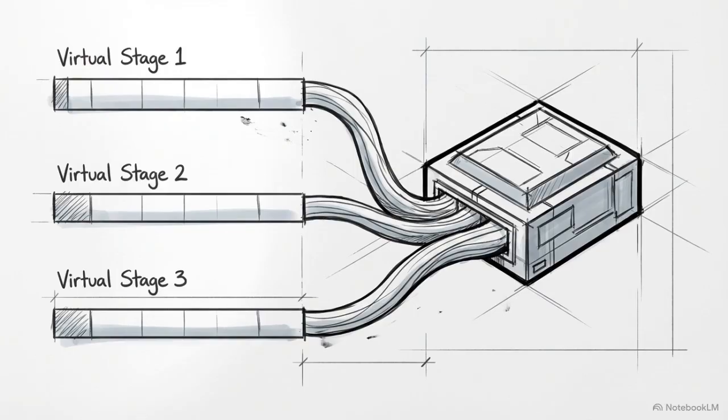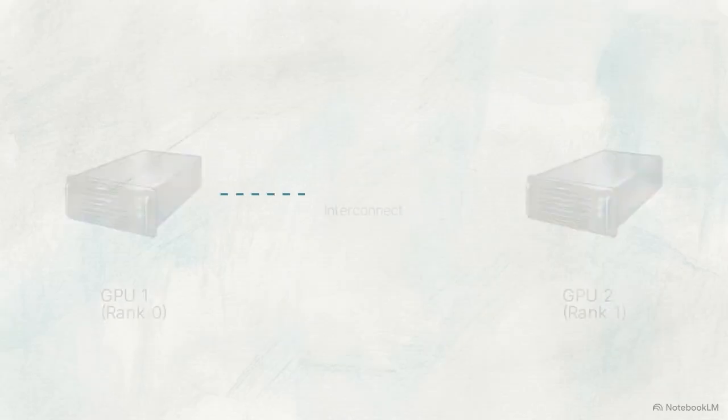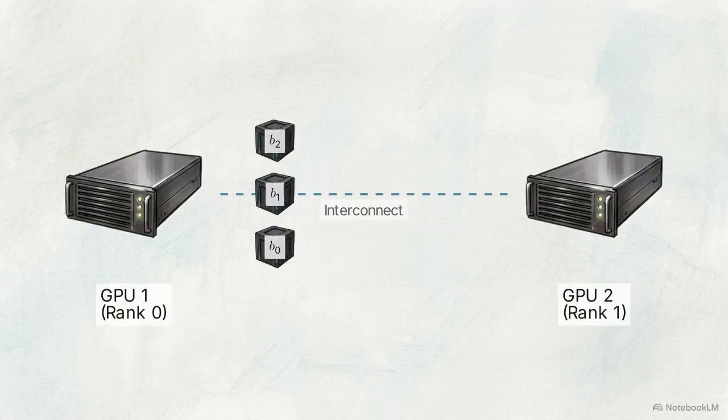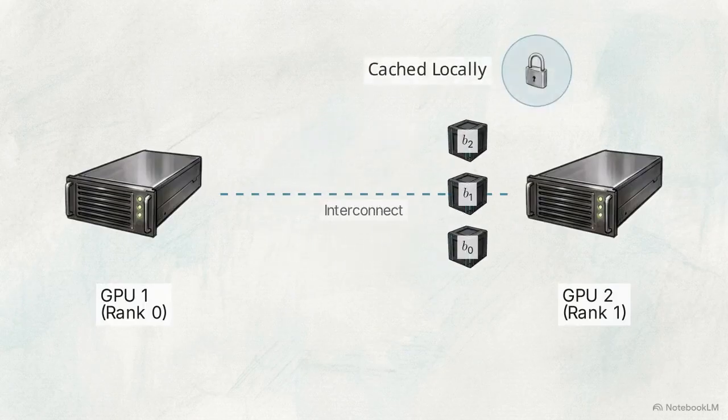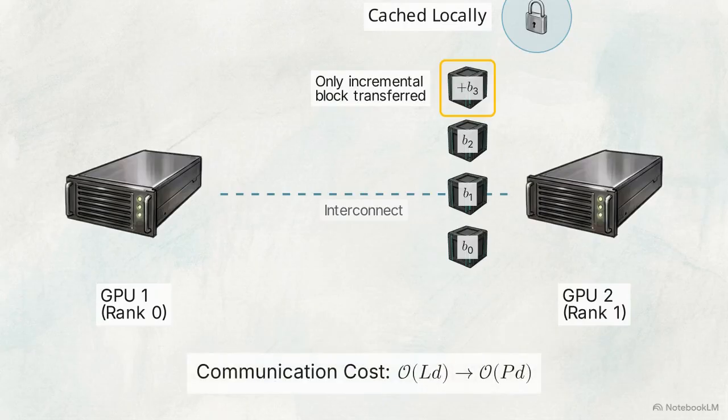There is one critical remaining infrastructure hurdle. Modern pipeline schedules use multiple virtual stages per physical GPU to maximize utilization. Left unoptimized, the system would repeatedly broadcast these block representations, wasting bandwidth. We explicitly eliminate this redundancy through cross-stage caching. Blocks received during earlier virtual stages are held locally in secure memory. On subsequent passes, the system securely transmits only the new incremental blocks that were explicitly computed since the last active